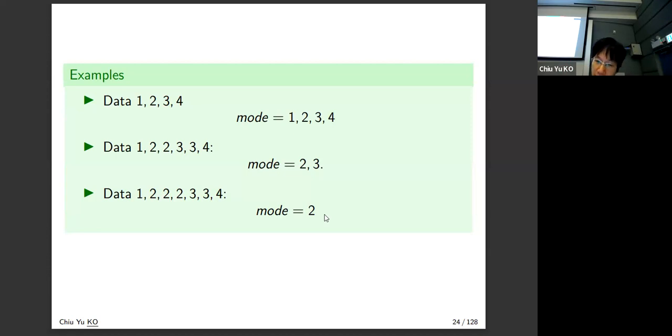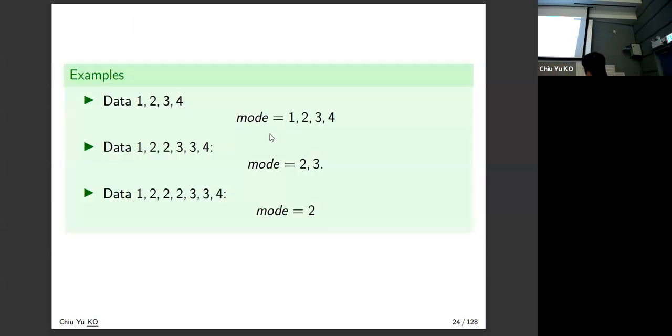And I think we try to follow what the output you see from Excel or R. So that's why we define it this way: I try to follow one of the formulas to make it easier. For R, I don't cover R in this class explicitly, but if you look, you will find a function called MFV, most frequent value, that will actually end up giving the mode. And for the mode, later we'll talk about Excel, and it will give you this.